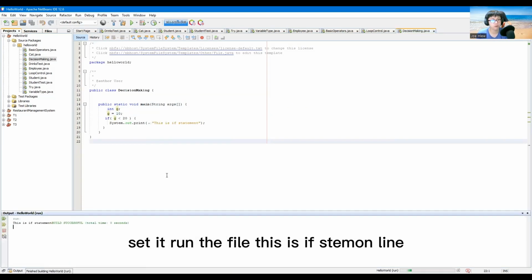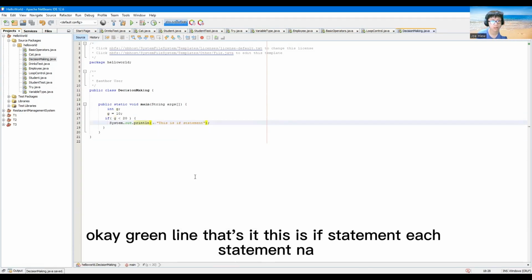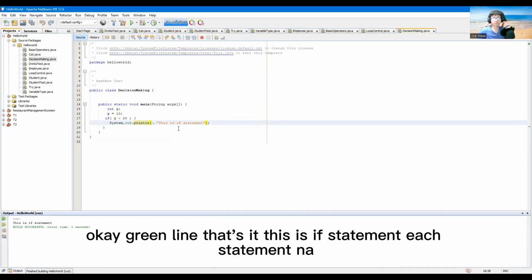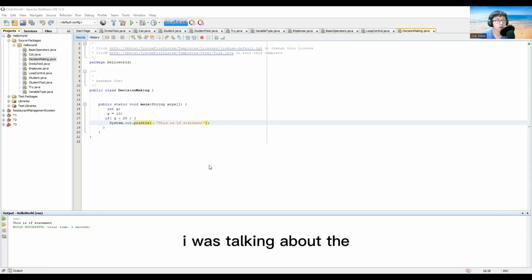Save it, run the file. This is the if statement println. Okay, println. That's it. This is the if statement. Each statement, not this is the if statement only. Very simple. So next, I will talk about the